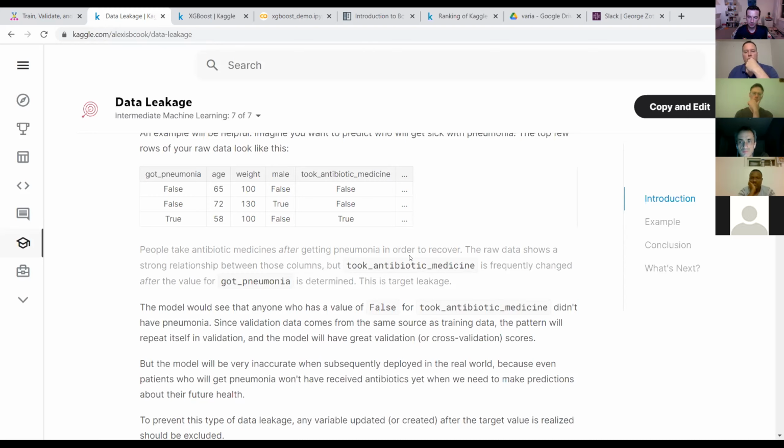Okay, another approach would be to keep track of what values you've seen for that feature on the test set only, and then maybe use their average to impute. Yeah, like moving average imputation. Okay.